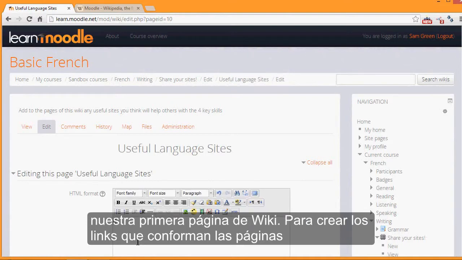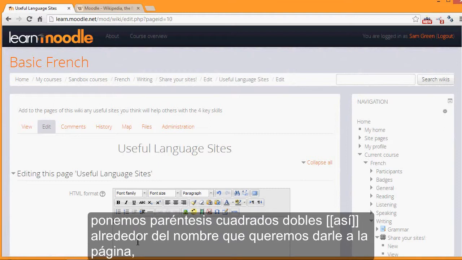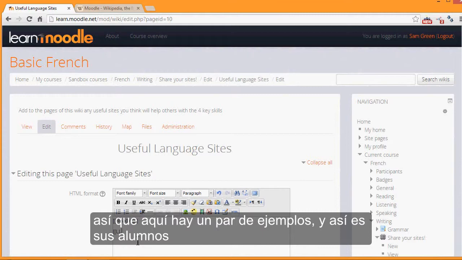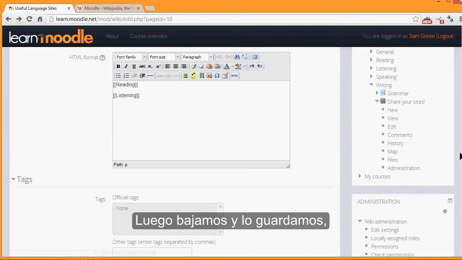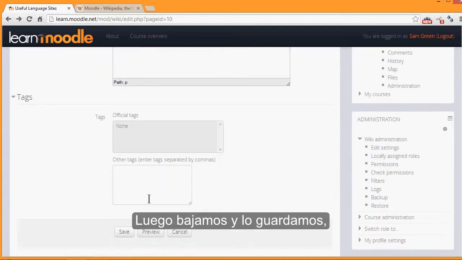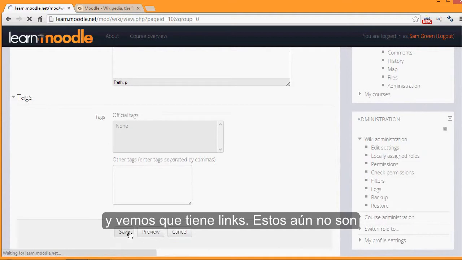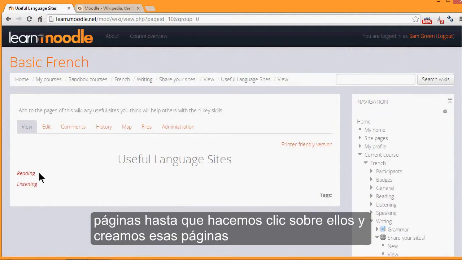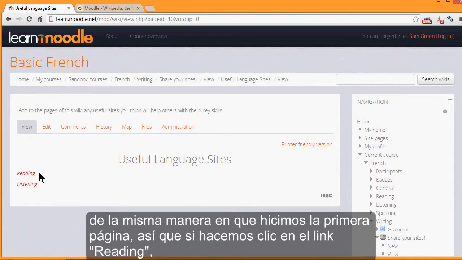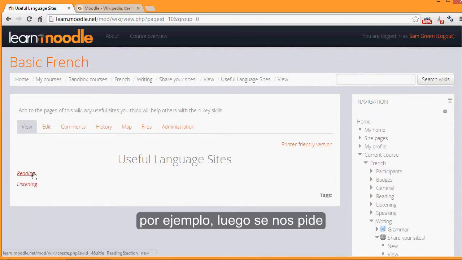To set up the links to make other pages, you add double square brackets around the name you want to give the page. So here are a couple of examples, and this is how your learners would also make new pages on the wiki. Then when we scroll down and save it, we see that we have links. These aren't yet pages until we actually click onto them and create those pages in the same way that we made the first page. So if we click on the reading link, for example,